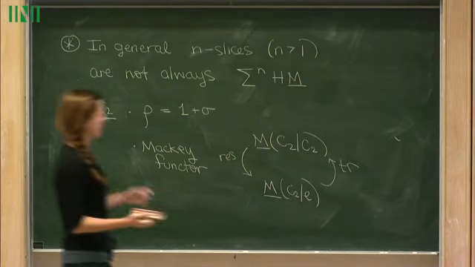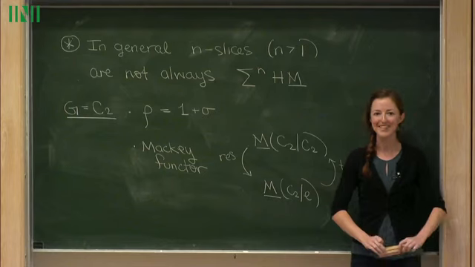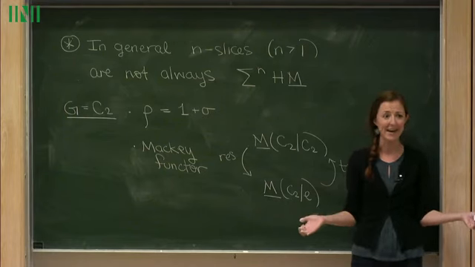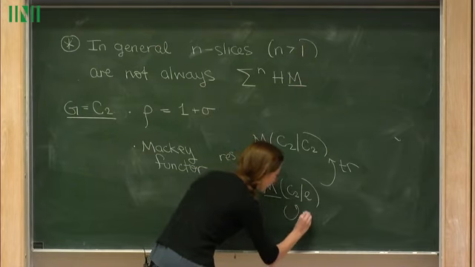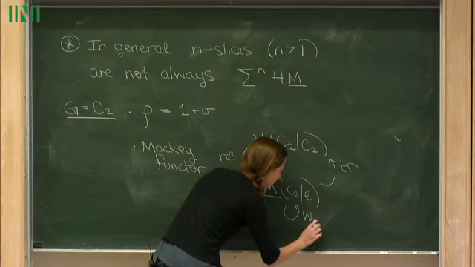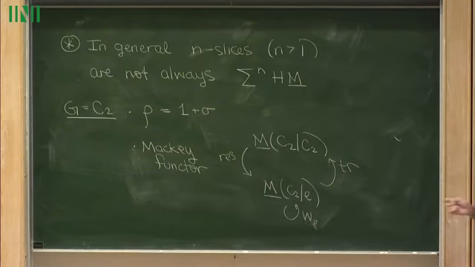You also have an action on the bottom. Oh, yes, I'm sorry. I'm quite sloppy because all the Mackey functors that we end up looking at have trivial Weyl action. So you're correct. We also have the action of the Weyl group at each level. But I will not say any more about Weyl actions because all the examples I'll do for you today have trivial Weyl action.